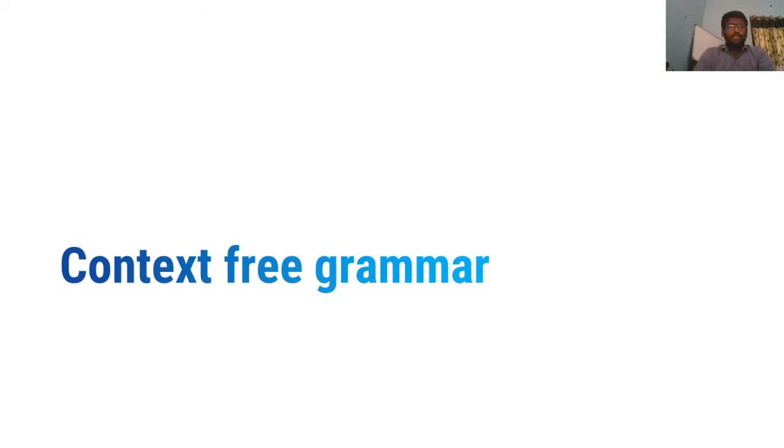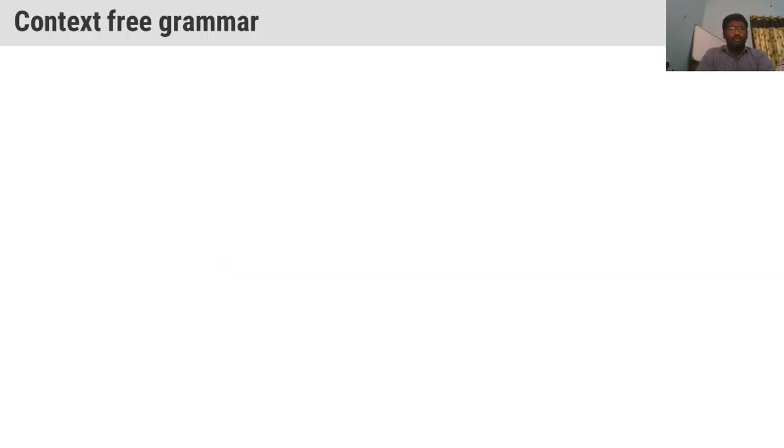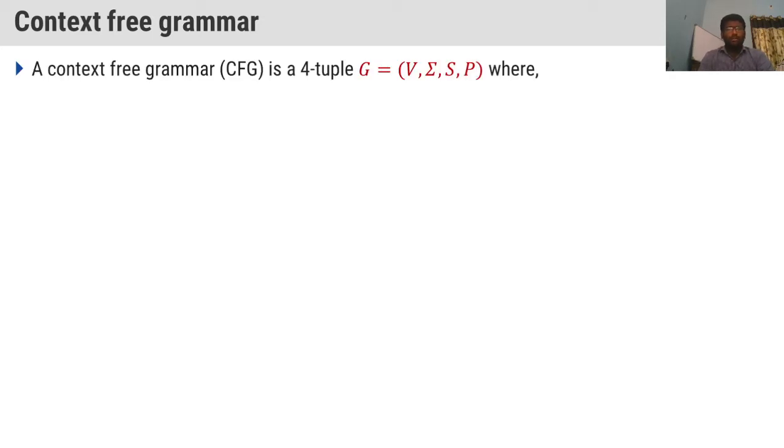Now let us discuss the topic called context free grammar, which is related to the parser program only. What is context free grammar? Why are we going to look at this context free grammar here? We will understand now. See, CFG, context free grammar, is a 4-tuple grammar. 4 tuples means what? It consists of 4 symbols.